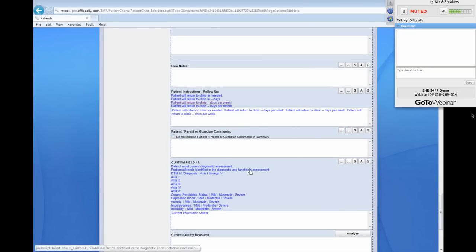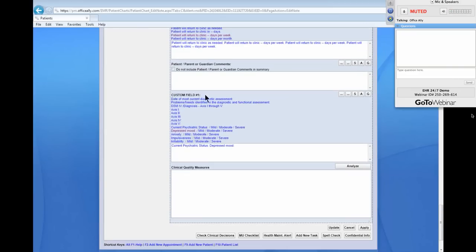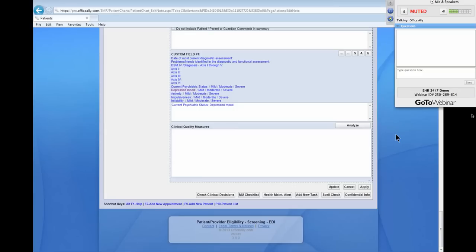As you continue through the note here, again, guidelines can be set up for you. So it just pulls it over. You can have custom fields that you basically can name whatever you want. As you get towards the bottom, you will have some sections here that apply to meaningful use. So if you are a provider that's going to be using our EHR program for the meaningful use incentive, which is the Medicare-Medicaid incentive that they have,